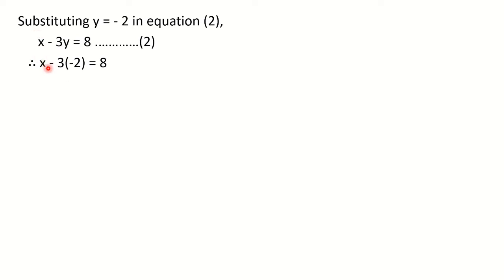So see, x as it is, minus sign, 3 as it is, and y I am writing in bracket. Why? Because here it is multiplication and also a minus sign is present. So always make use of brackets. Is equal to 8. Now see, this minus and this minus are going to give us plus. So what we got here? x plus 6 is equal to 8. And 6, if you shift it this side, it will be subtracted. So x is equal to 8 minus 6, that is 2. So we got both the values: y is equal to minus 2 and x is equal to 2.